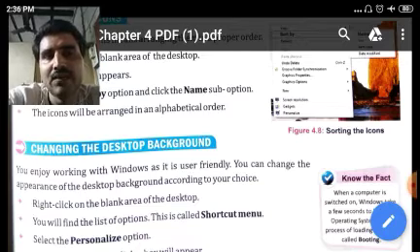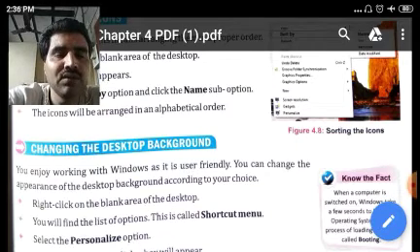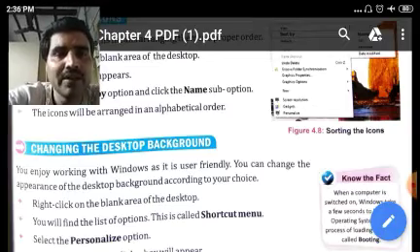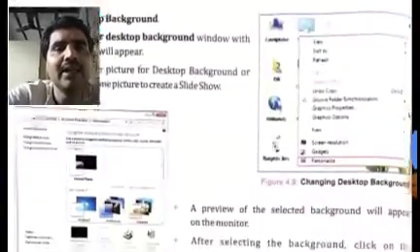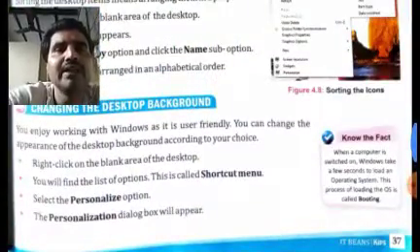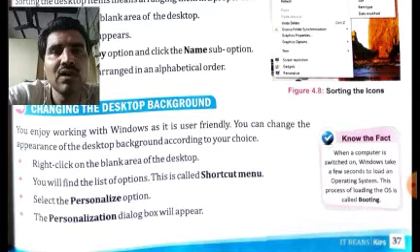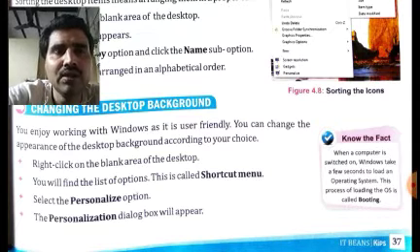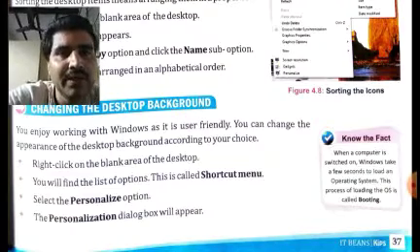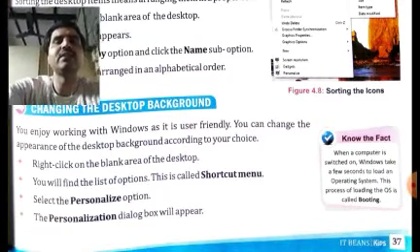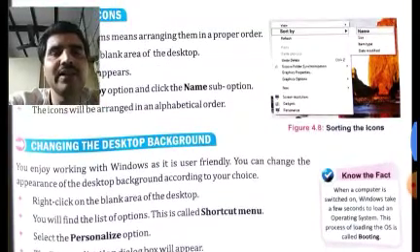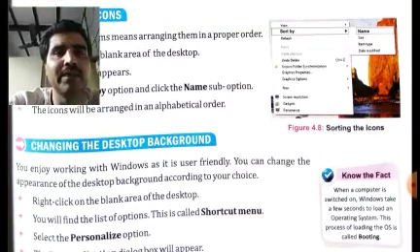Our chapter 4 is Understanding Windows, and in this part 5 video we are going to cover the remaining portions of the chapter. If you remember, in the previous part 4 video we studied two main topics: changing the desktop background, and changing the screensaver. Today I will go through these two topics very quickly so that they are revised for you all, and those of you who had any difficulty understanding them in the previous video will be able to understand them more clearly. So now let us revise these two topics very carefully and very quickly.